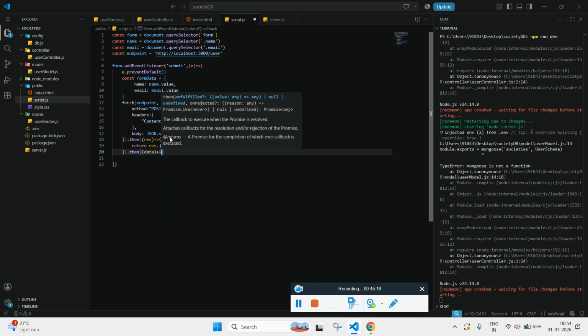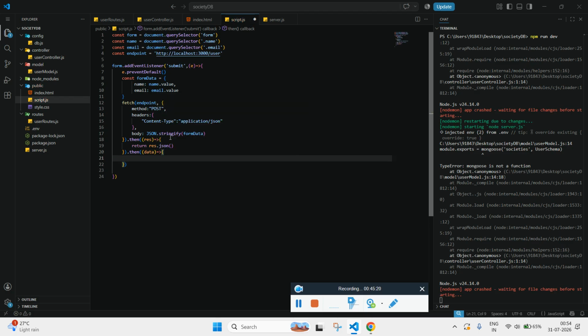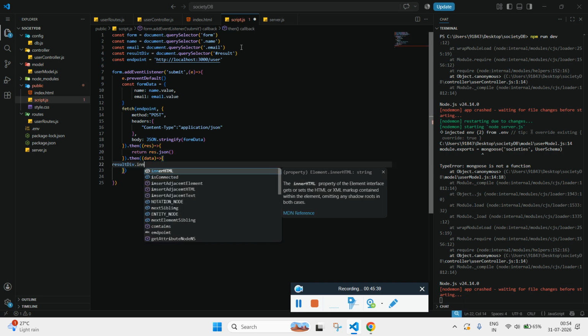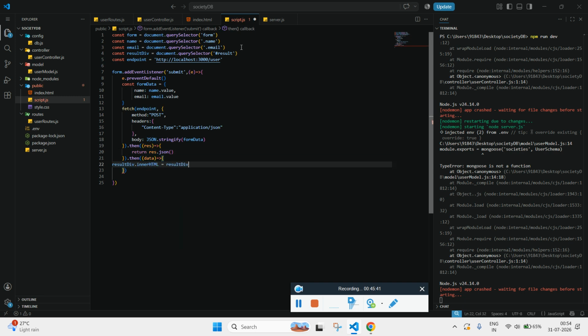Data, and we'll be getting message data.message, and we will be displaying it in the result div with id result div, and we will call this over here result div dot inner html, and this data will have message attribute which we have set